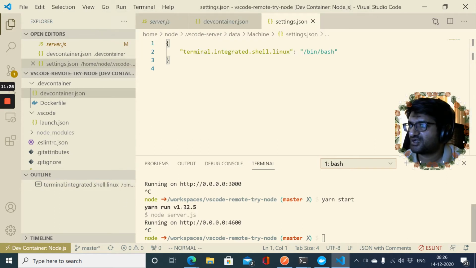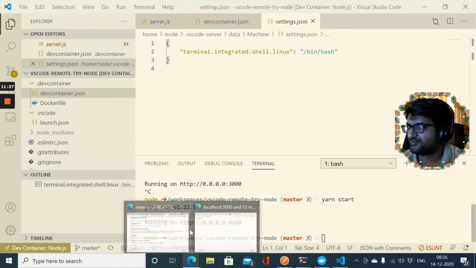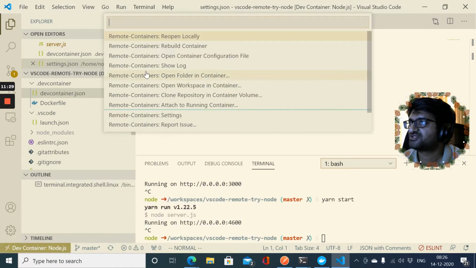Actually, I can't find it now. But there's a place where you can actually, oh yeah, somewhere here, open workspace.